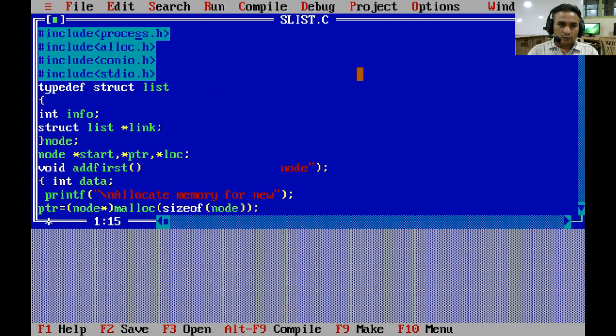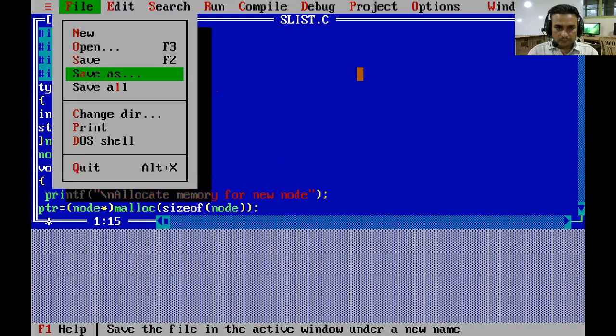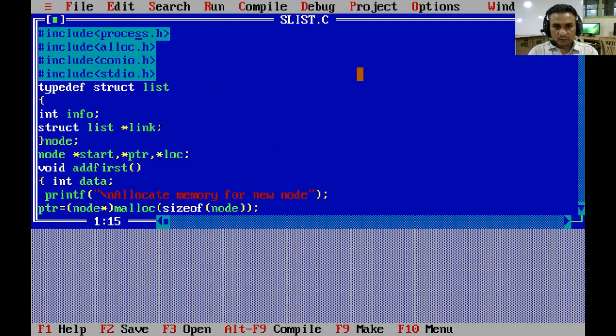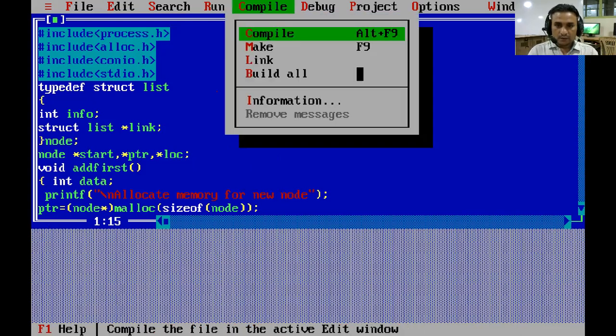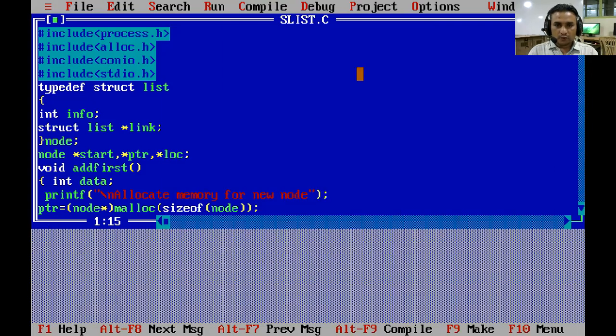Now we first save our program and compile. Our program is compiled successfully.